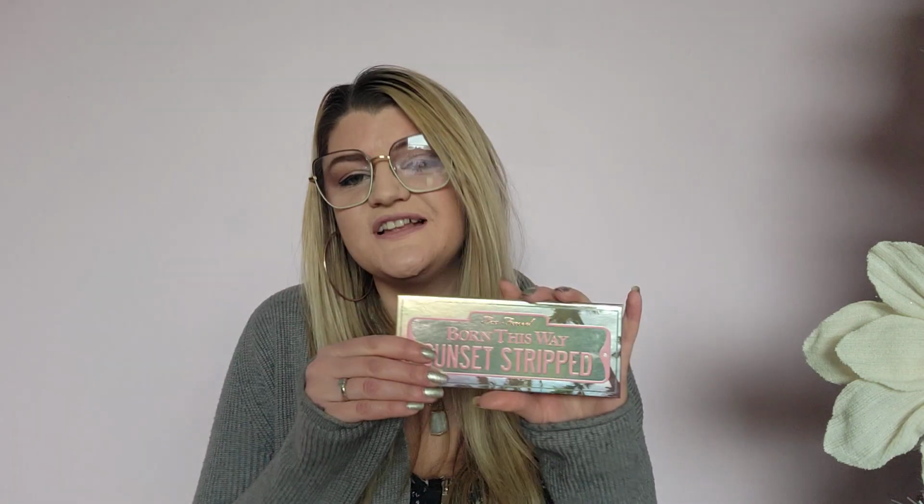Now, number 9, the palette with the best memory. I had to sit for a second and think about this because I couldn't really come up with something, but then I saw these two palettes. So the first one I'm going to show you is the Too Faced Born This Way Sunset Stripped. My stepsister bought this for me for Christmas last year, so that's why I decided to pull that one into it. But when I really thought about it, I also grabbed my Lizzie McGuire and ColourPop palette, the What Dreams Are Made Of,